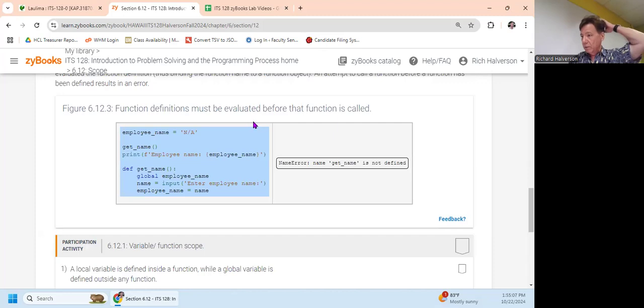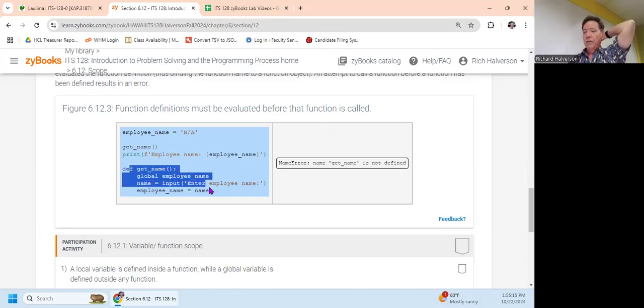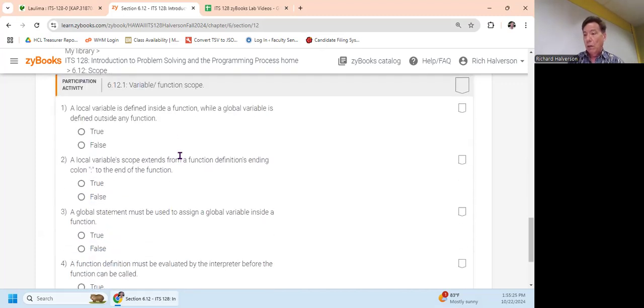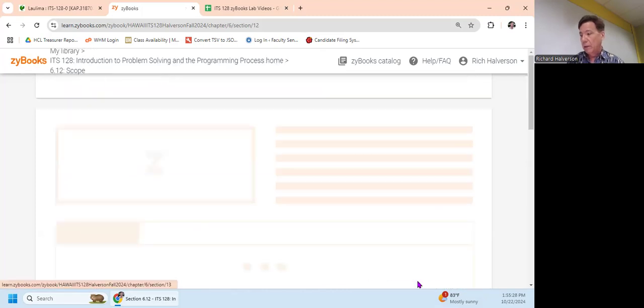Function definitions must be evaluated before that function is called. What that means is that you need to define the function before you use the function. It's not true in all languages, but in this one, it's true. Makes total sense. So make sure you do that. All right, namespaces